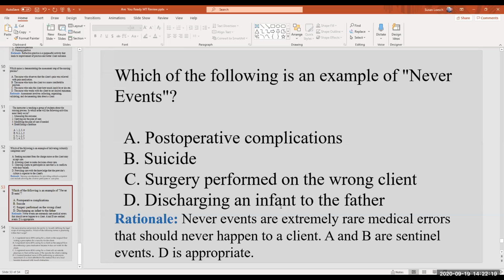But we definitely would never want to perform surgery on the wrong client. And this actually almost happened to me as a nursing student. And my instructor really embarrassed me in a situation where she shouldn't have. When I was in nursing school, we had to go to the hospital the night before and pull our clients' records and do the research on them. And my client was an elderly patient with dementia that was having hip surgery the next day